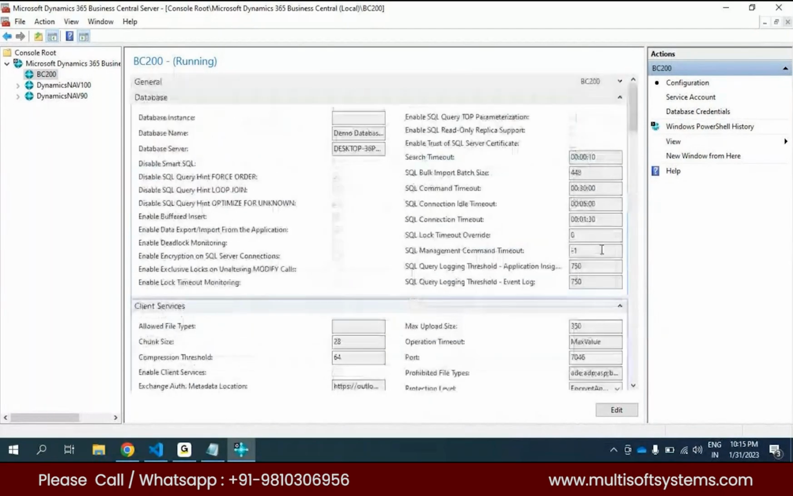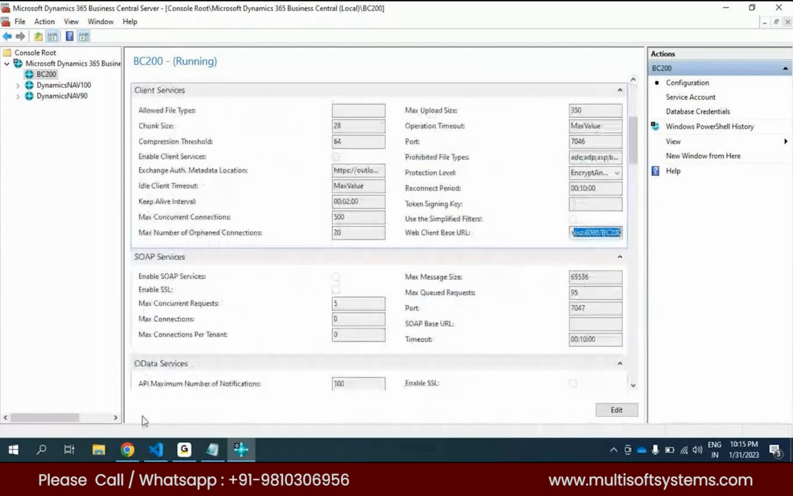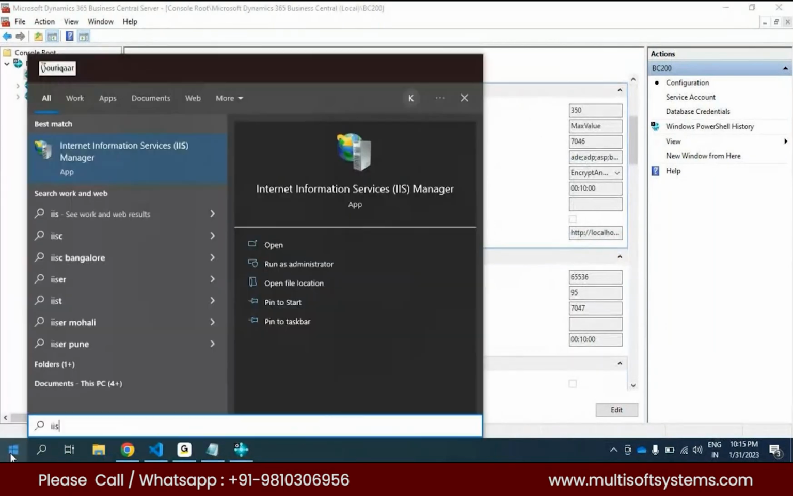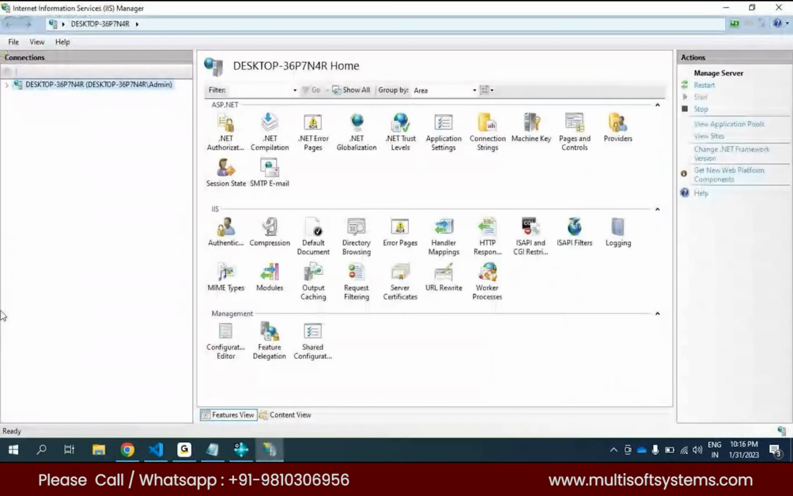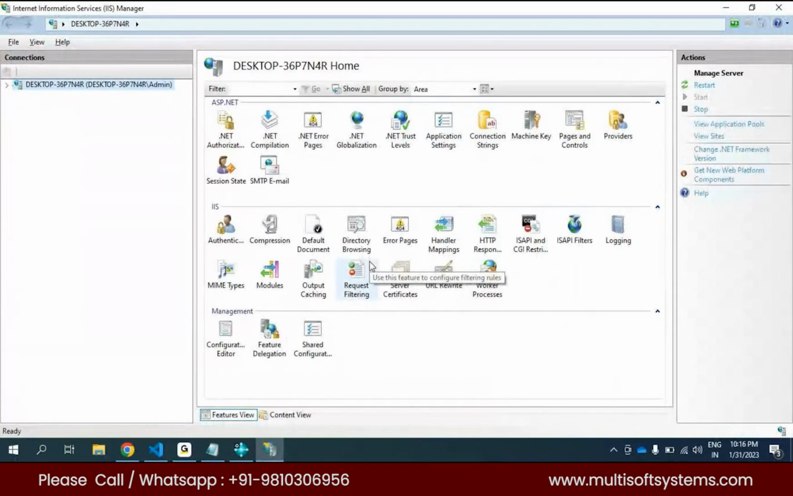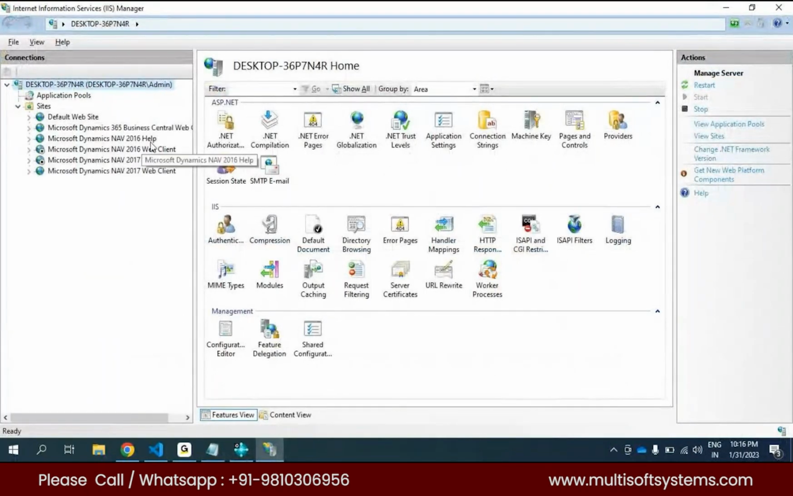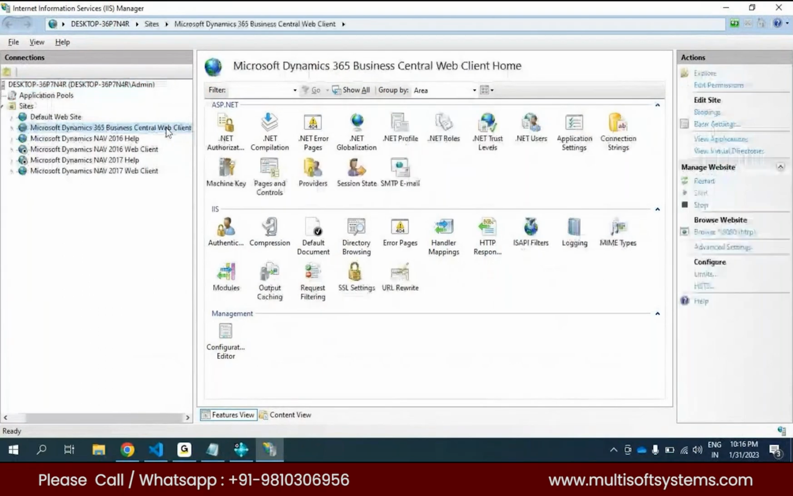So this link will be created from the IIS. Even this is important, you should know about the IIS. So what happens as soon as you install Business Central? The IIS instance will be created under the IIS, and you can see this is the Microsoft Dynamics 365 Business Central web client. If it doesn't get created, it means you will not be able to publish Business Central on